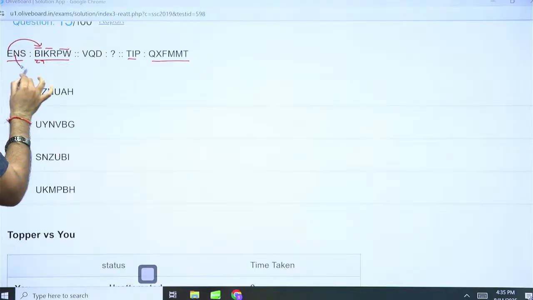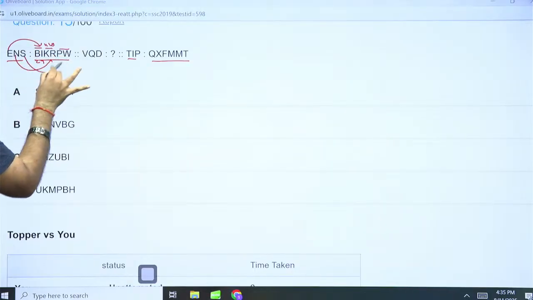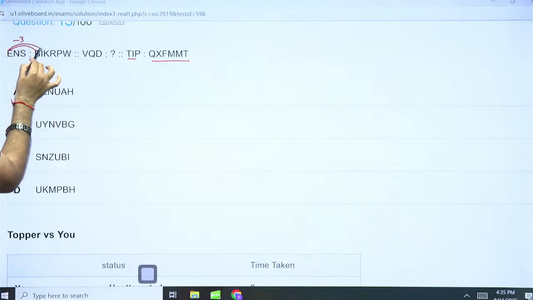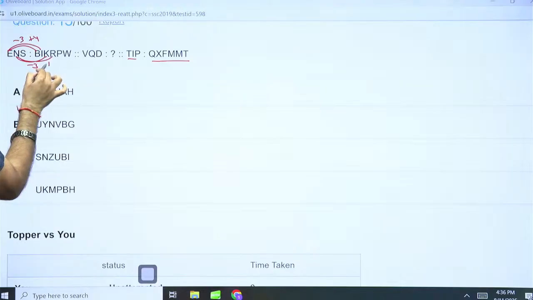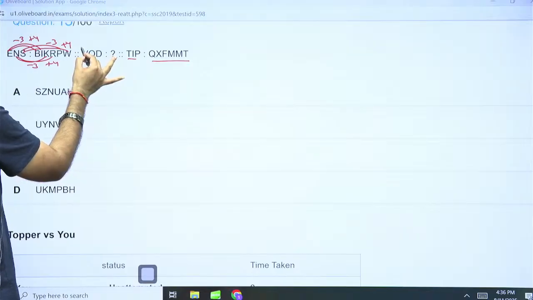This is 14, this is 11 and 18. This is 19, this is 16 and 23. So 5 minus 3 plus 4, 14 minus 3 plus 4 works. It's just minus 3 plus 4. That's what is happening. So for VQD, minus 3,